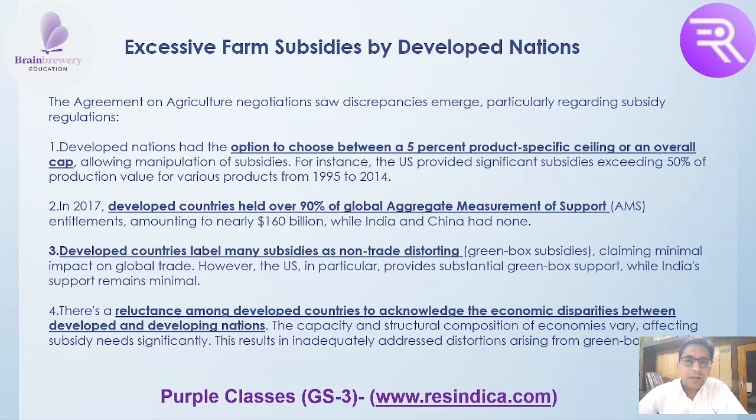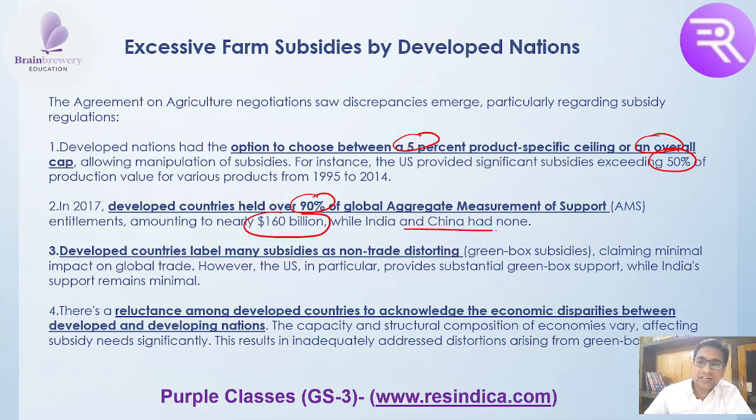Then a developed nation has the option to choose 5% product specific or an overall ceiling. They said that either you select 5% specific or an overall ceiling, but the USA is subsidizing exceeding 50%. That means 90% of the global aggregate measure support, around $160 billion, while India and China have none of this support. Developed countries label many subsidies as non-trade distorting. They say that we are providing this subsidy, but it is not trade distorting. They claim these to be green box subsidies,